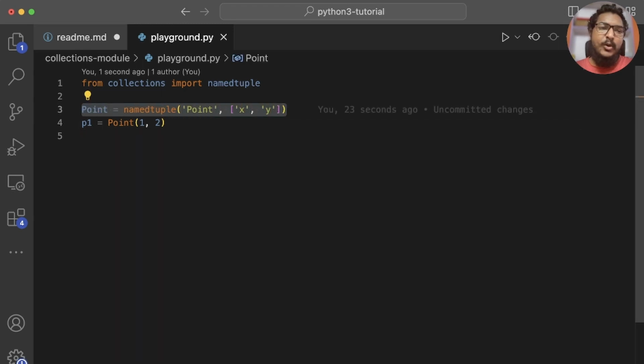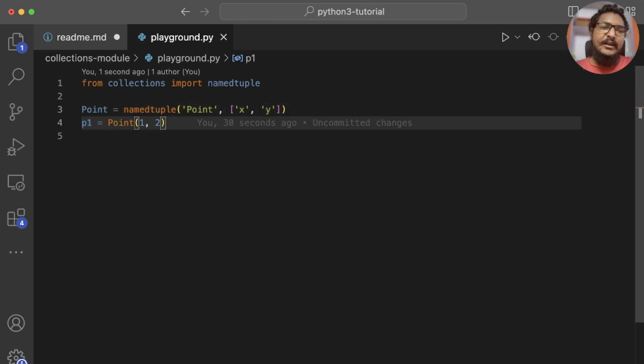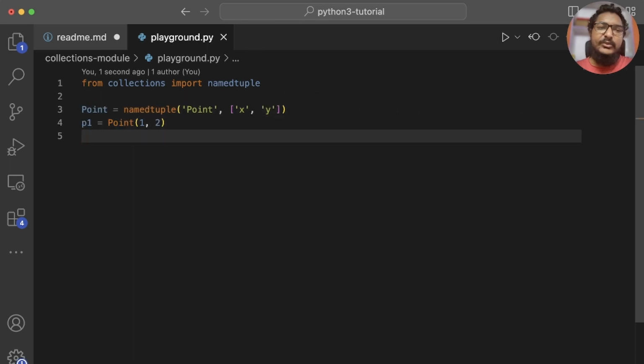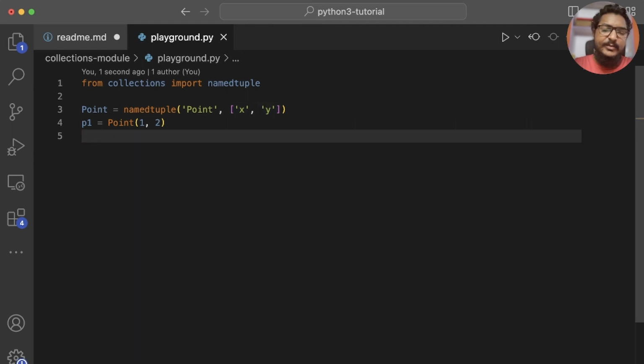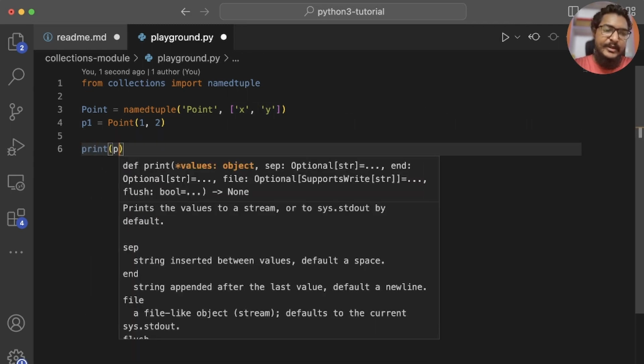Now we created Point, and we need to use that Point class to create a Point object. That is p1 equals Point(1, 2). This is how we use namedtuple. We just need to call namedtuple. This is a function, and the first parameter is the class name, and the second parameter is a list of attributes. Let's use a print statement to print p1,